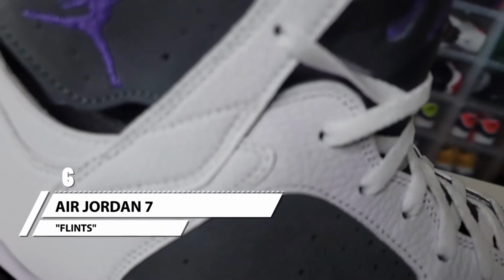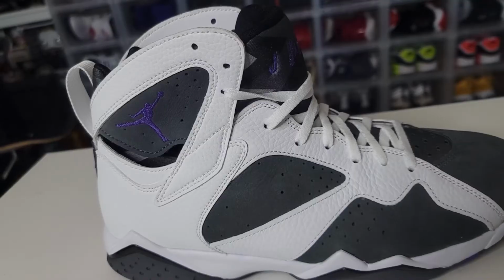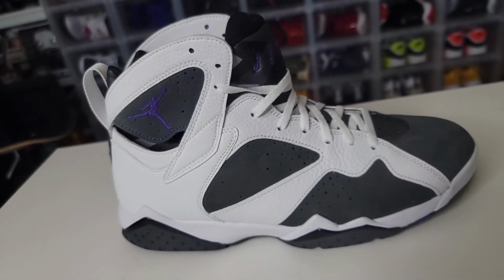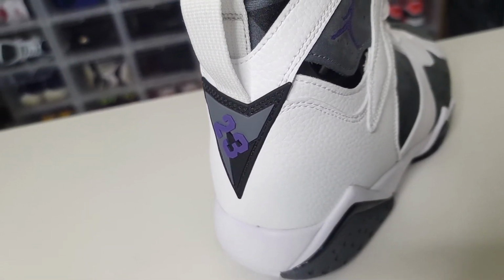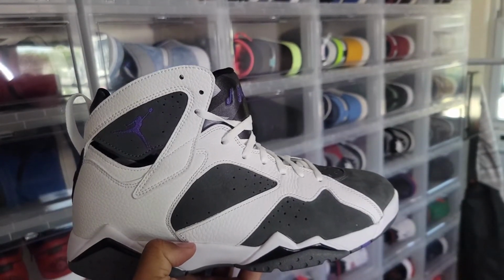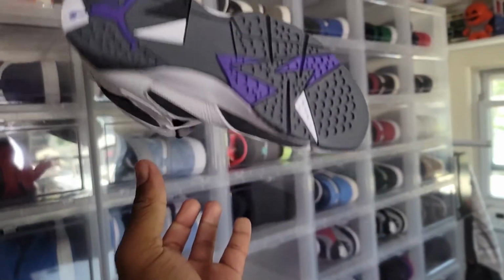Another restock that I hit on is these right here, the Air Jordan 7 Flints. Another shoe that once I saw was releasing, I really wanted to jump on it, but you take L's, and I'm not the only one out here taking crazy L's. I don't remember taking this many L's in years past, but this was definitely an L, and another restock that I caught, and I just jumped on it right away. And one of those shoes that definitely has a subtle touch to it, and just a touch back to